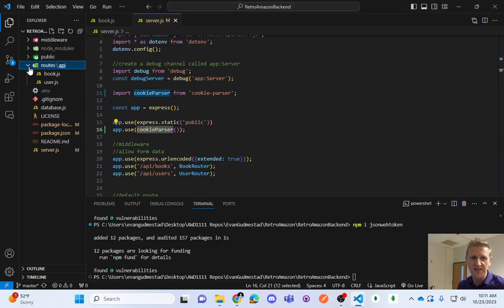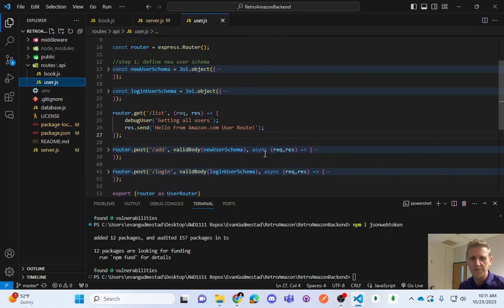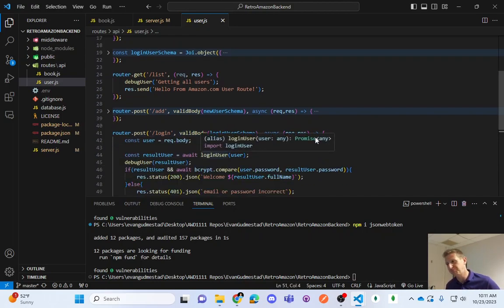Now, this is all dealing with our login system. Anytime a user logs in, we're going to give them an authentication token. So we're going to be modifying this login route. If you open up users.js,